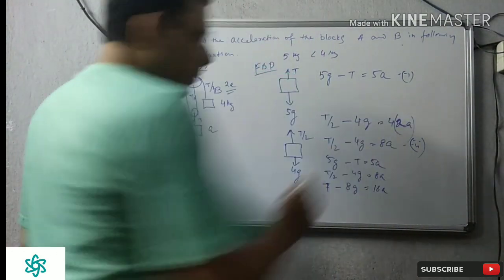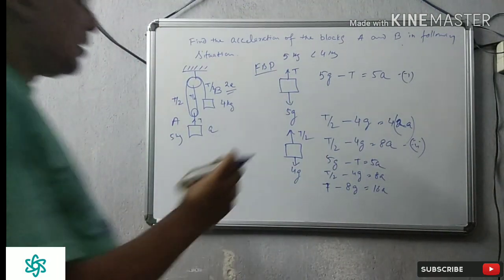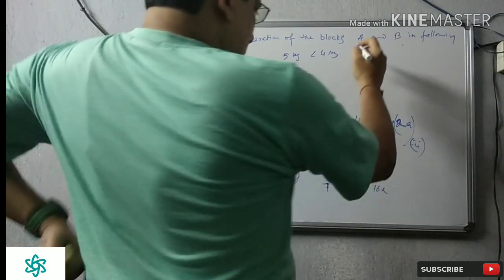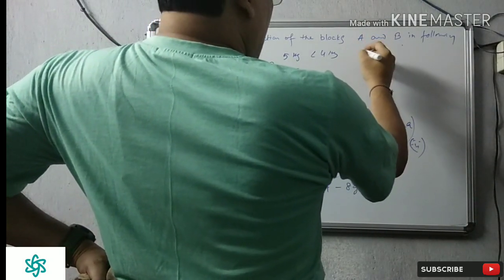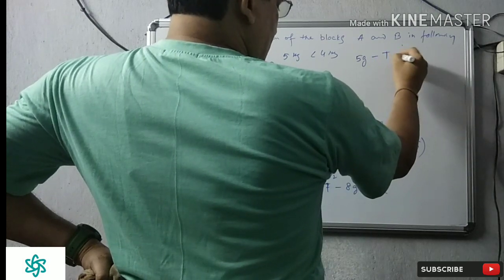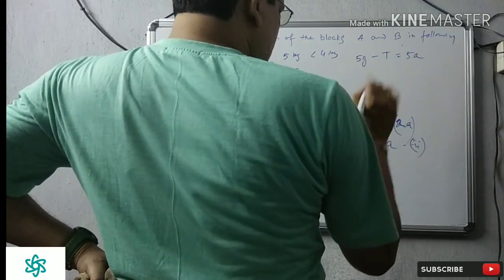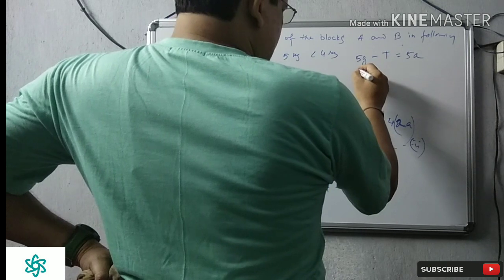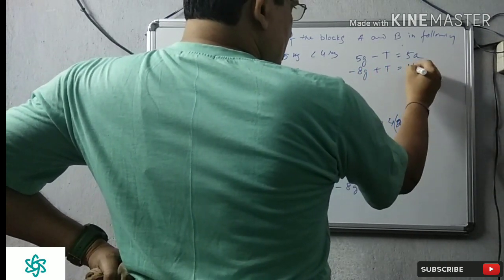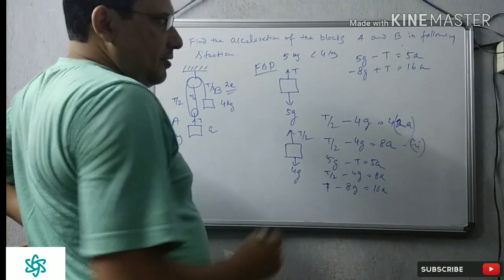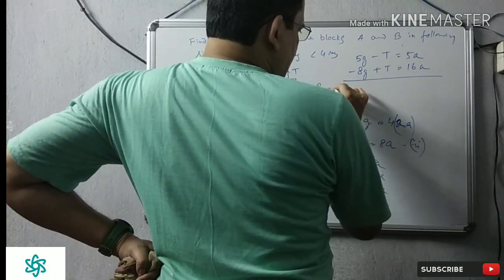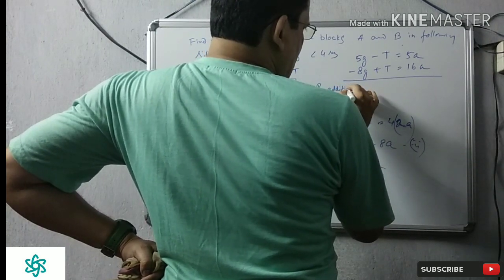So 5g minus T is equal to 5a, number 1 equation, and minus 8g plus T is equal to 16a, number 2 equation. Now by addition,